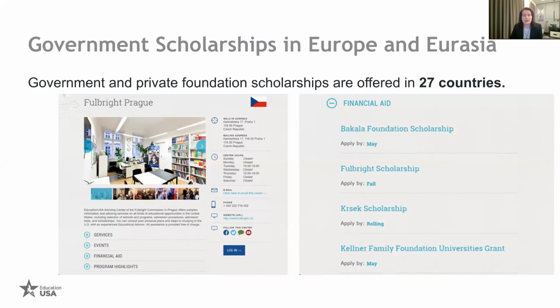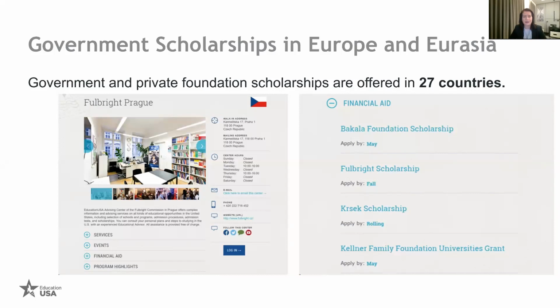In fact, about 60% of the countries in our region have these local scholarships available that come either from their local government or from private foundations. All of our advising centers globally are asked to include these opportunities on their center profile page. In case there are some of you who may not have seen what the center profile page looks like, we've included a snapshot, and that's the current slide.